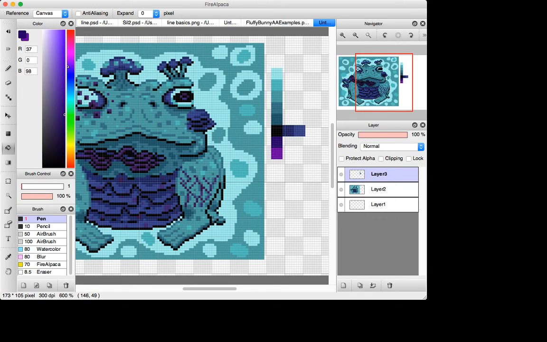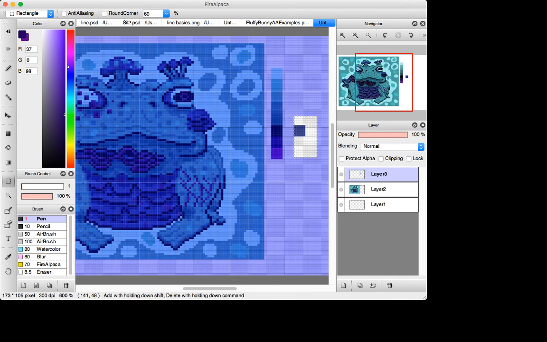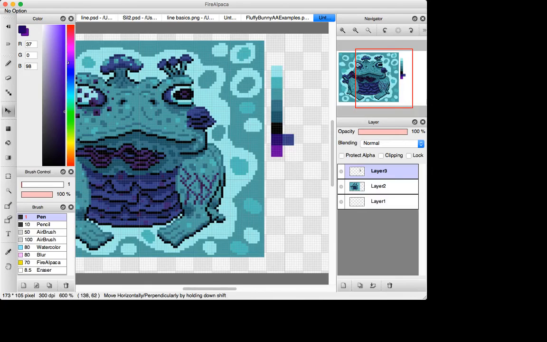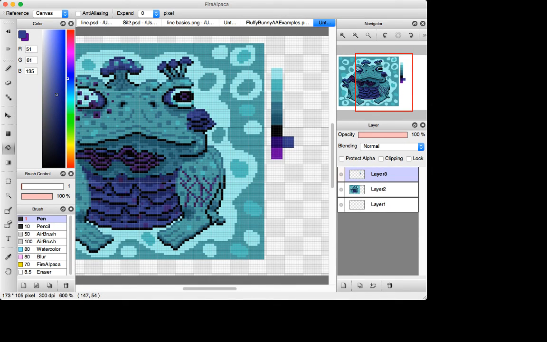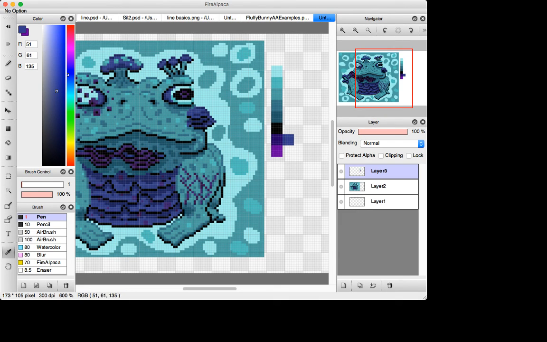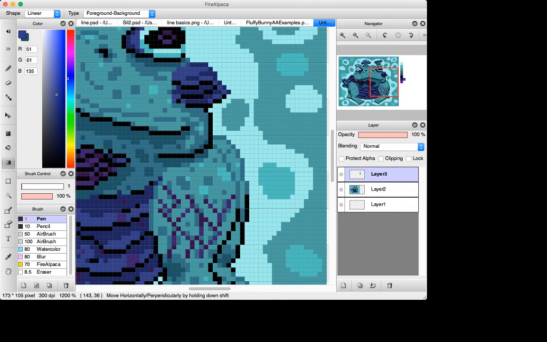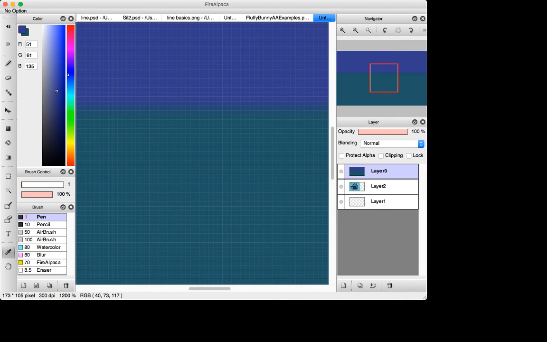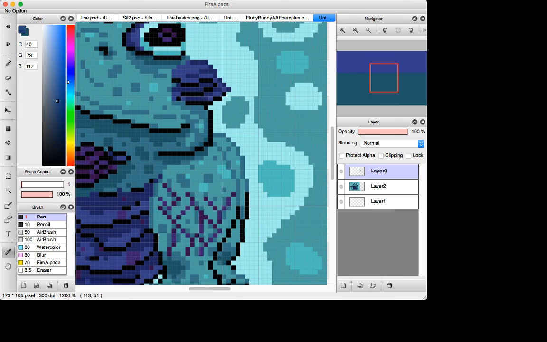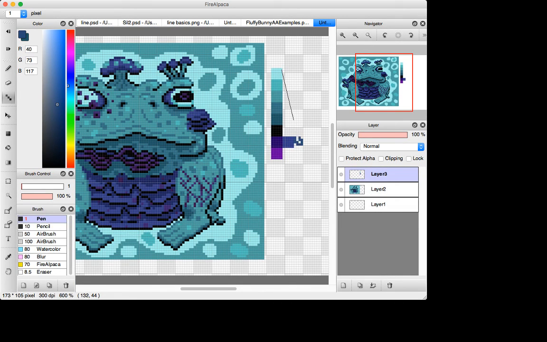And if you don't mind, just for the sake of conserving palette, I think that these work well together. I'm going to lighten this a little bit. I think, actually, again, don't use the gradient tool as much as I've been using it. The only reason I've been using it on stream is because I'm